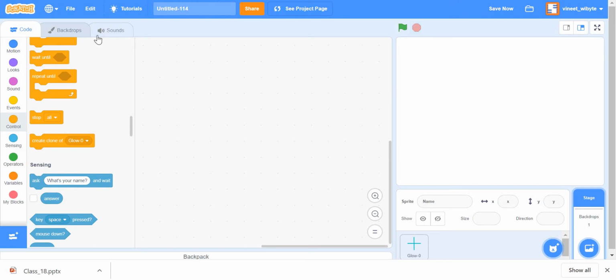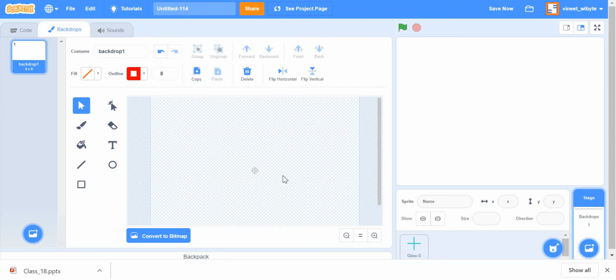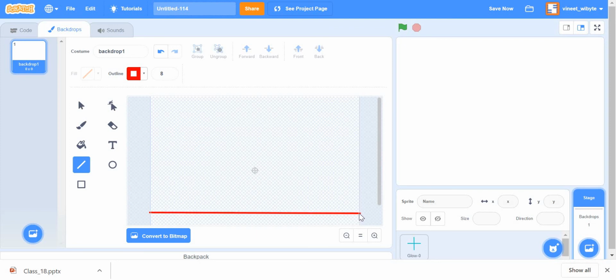And for this purpose, I just create a red line, basically a line before which I must answer. So I go to the backdrops and I create a line somewhere towards the bottom. I choose a line tool and draw a line towards the bottom of this portion, right? Looks just nice. Now you may wonder, why did I draw it at the bottom? It's simply because if I put it somewhere up here, it's going to leave me very little time to answer these questions. So I'm going to have this situation where if the clones touch this line, then they get deleted, right? So that part is, I think, relatively simple.